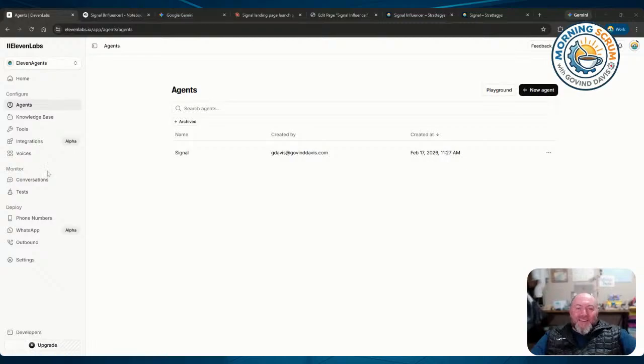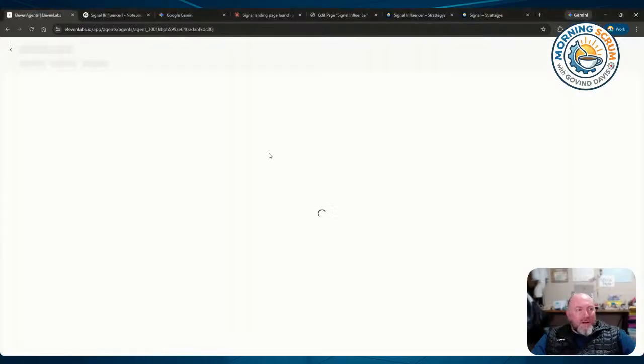So I'm going to start with a pivot that I made on the agent. I don't know why I went with 11 Labs, Vapi probably does this too. I'm going to have to check more of these out. But I realized, having people call into the agent is cool, but I really want to have a web experience. And so I created the Signal agent here.